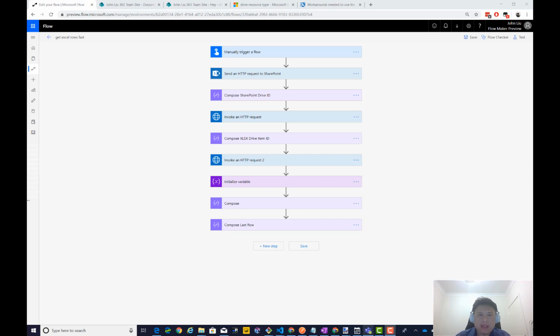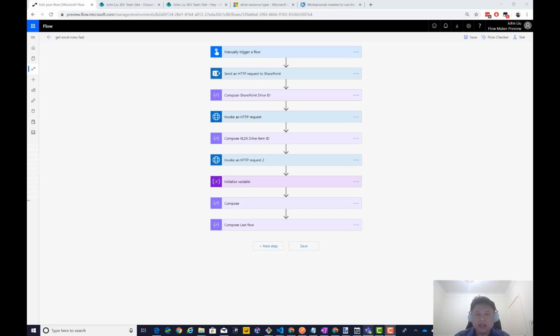Today I have a tutorial on how to really use Excel in Microsoft Flow. You're looking at the flow that will connect to an Excel file and pull out the rows from that Excel file inside Microsoft Flow. Before we go into all the actions, I just want to explain why we're not using